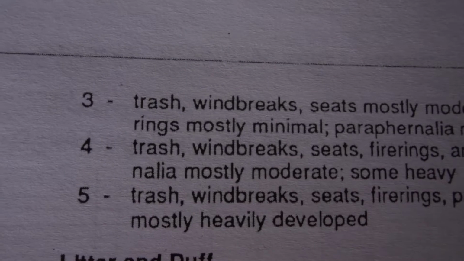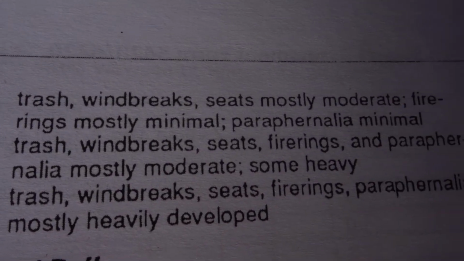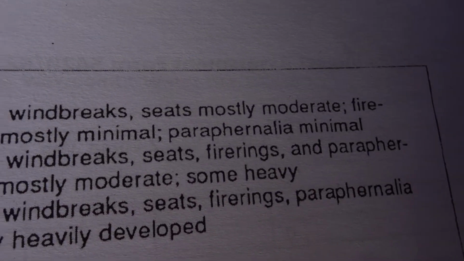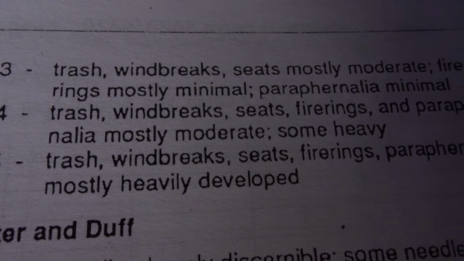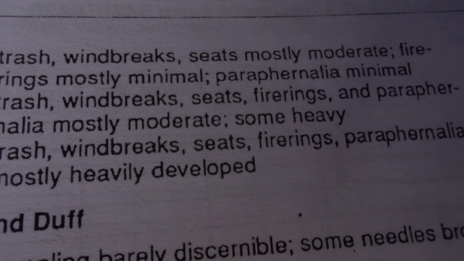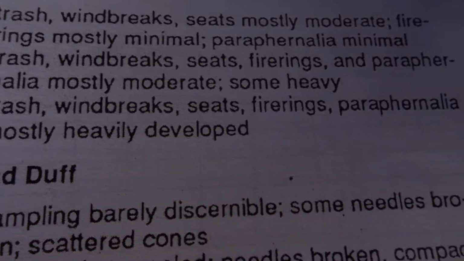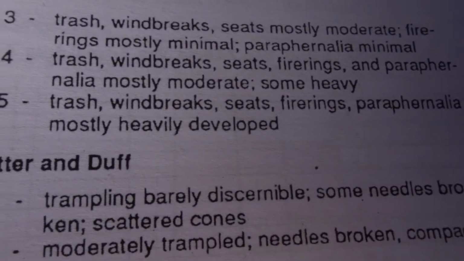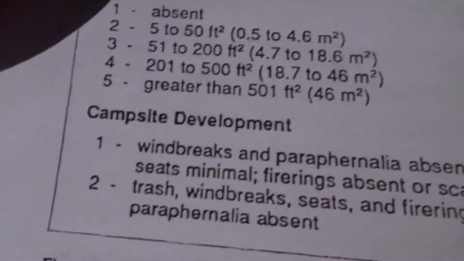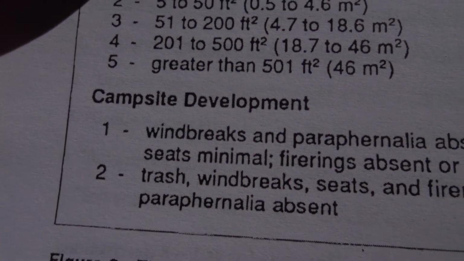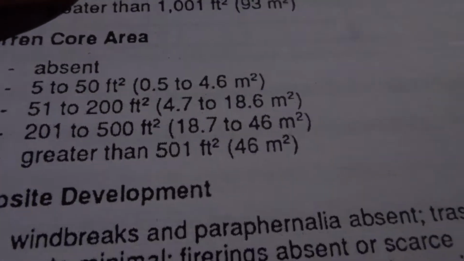The ones that we didn't even look at are over here. 3: trash, windbreaks, seats, mostly moderate. I should find some pictures of that for you. Trash, windbreak, seats, mostly moderate, some heavy. Trash, windbreak, seats, fire rings, paraphernalia, mostly heavily developed. So by this one, campsite development, we're pretty light on this one, so we're going to write a number 1